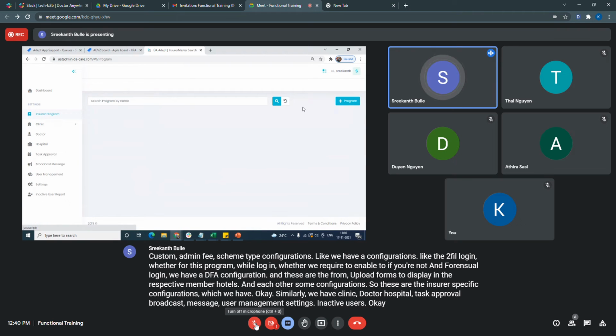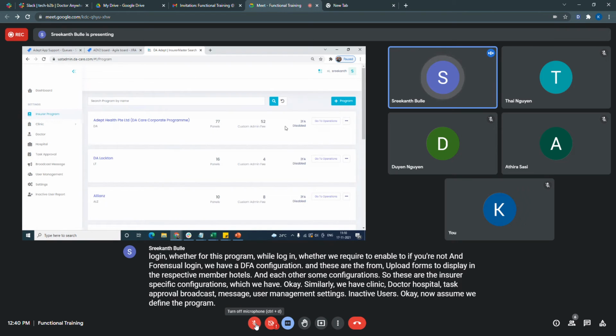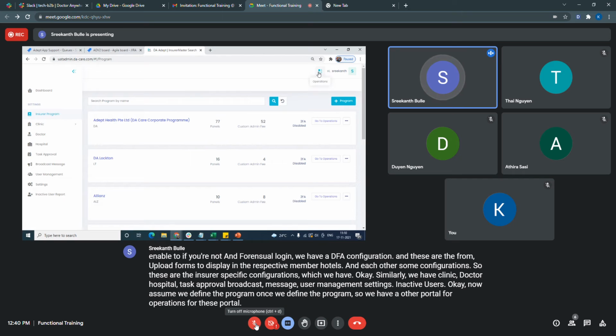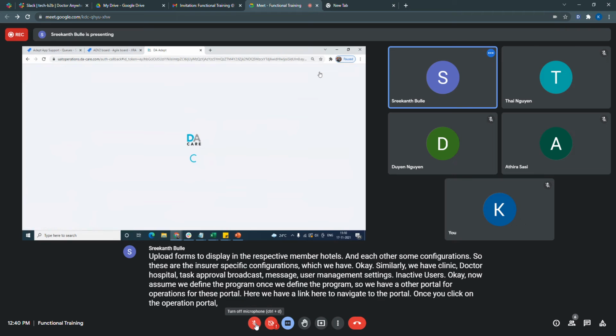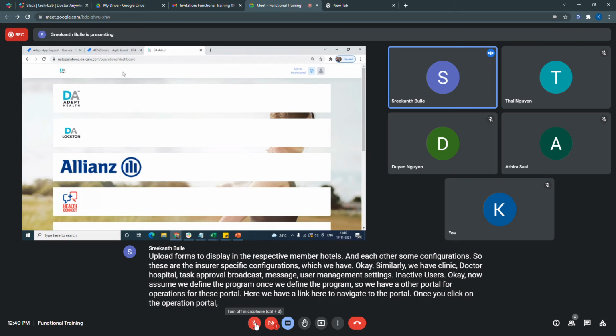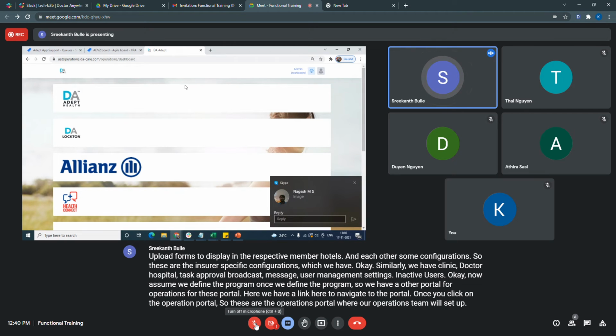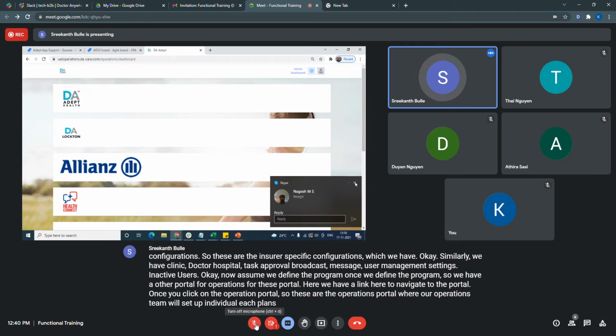Okay, now assume we define the program. Once we define the program, we have another portal for operations. We have a link here to navigate to that portal. Once you click on the operation portal, these are the operations portal where our operations team will set up each individual plan for that particular program.